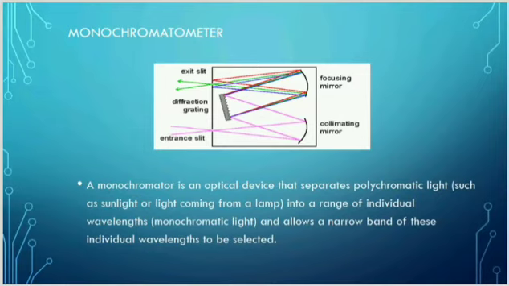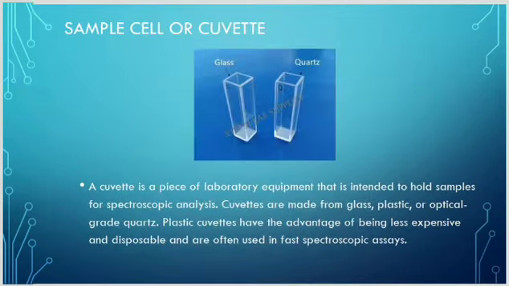Next one, that is monochromator. The monochromator actually consists of the entrance slit, a dispersion device, and the exit slit. In case of the prism, the light coming from the source is resolved into different wavelengths due to the phenomenon of refraction. In case of grating, which consists of a highly polished metallic surface on which a large number of lines, that is 1500 to 3000 per inch, are ruled, is called the grating. The wavelength separation takes place by the phenomenon of interference.